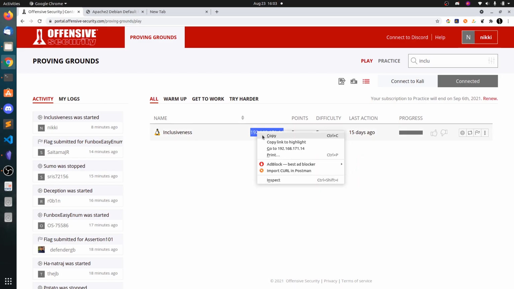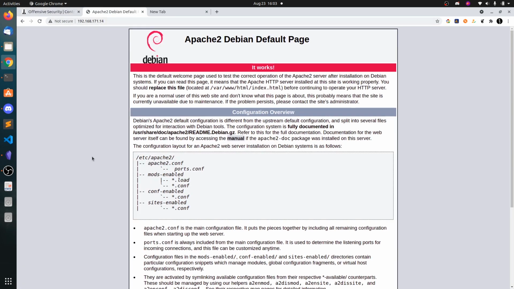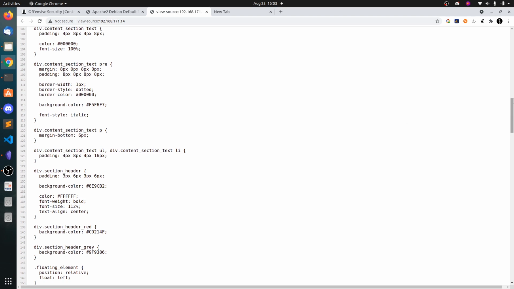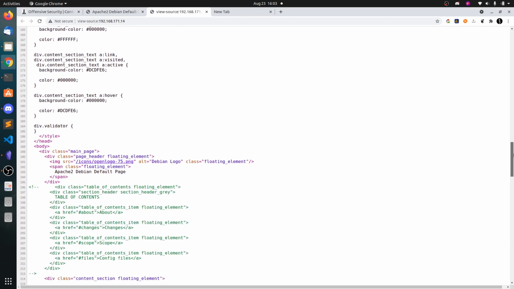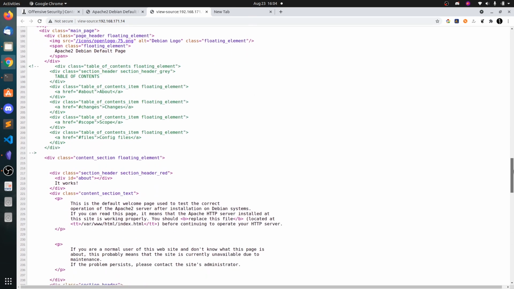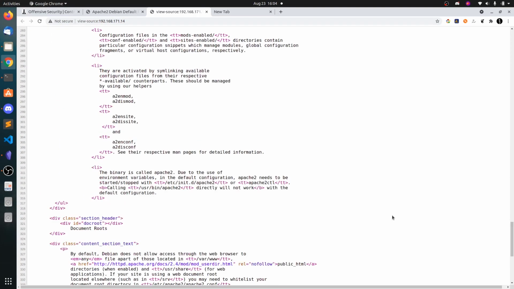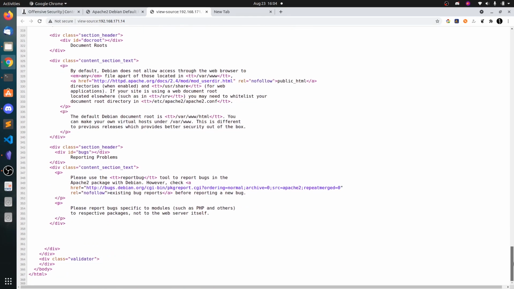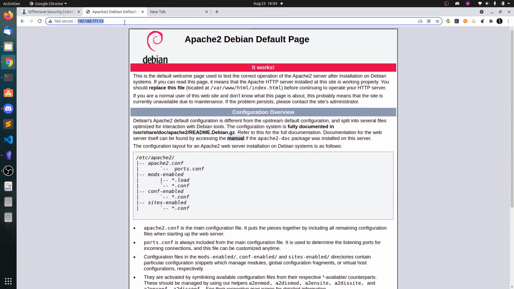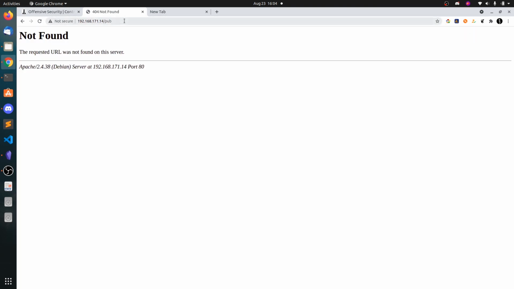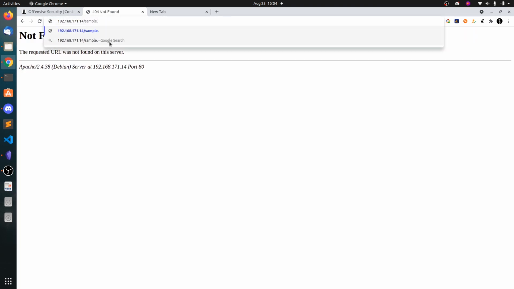Always check the source code for usernames in the Apache default page. Some machines in TryHackMe have the usernames in the comments of this source code. So there is nothing. What we can do is go to pub, and pub not found, or you can just say sample.txt.